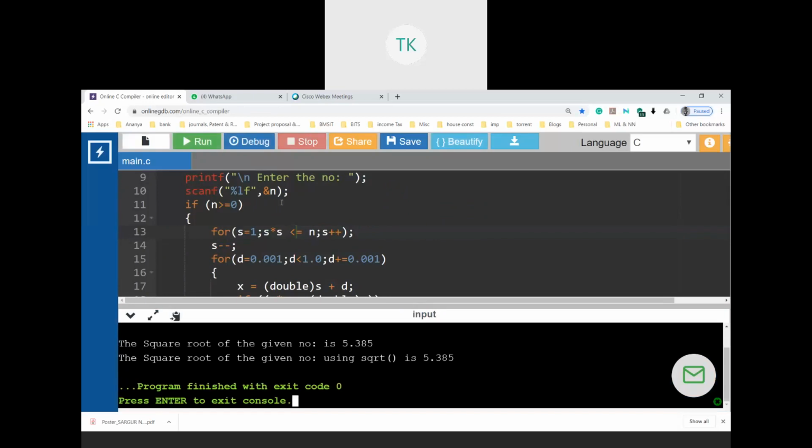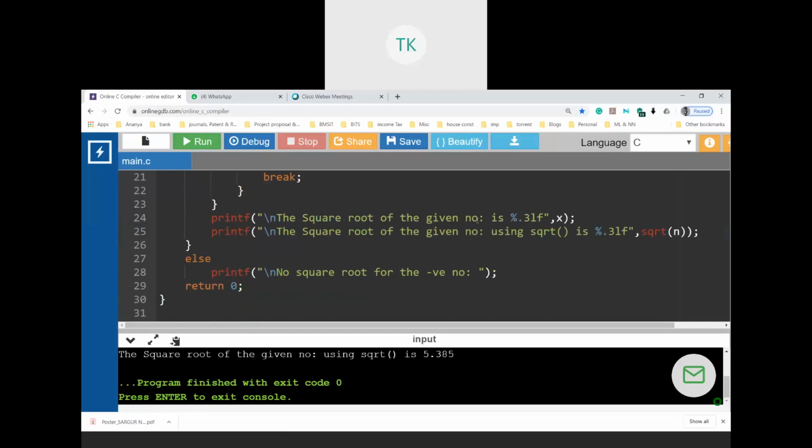See, it is the same, 5.385. So our computed value is 5.385. Okay, if you use the inbuilt square root function, it is giving the same value.